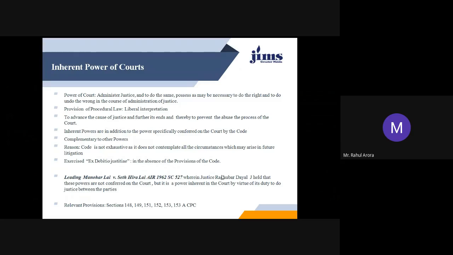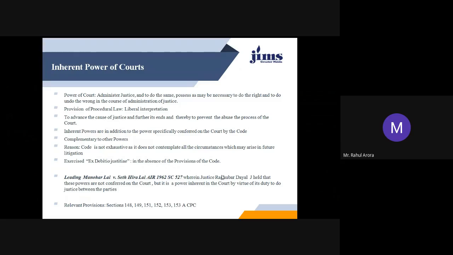These powers are complementary to the powers which have already been contemplated by the legislature at the time of framing this legislation. The reason for enacting these inherent powers in the Code of Civil Procedure is that this code is not exhaustive, as it does not contemplate all the circumstances which may arise in future litigation,